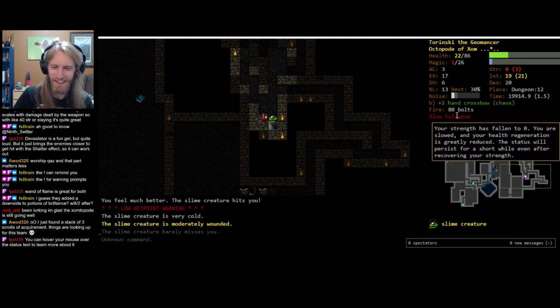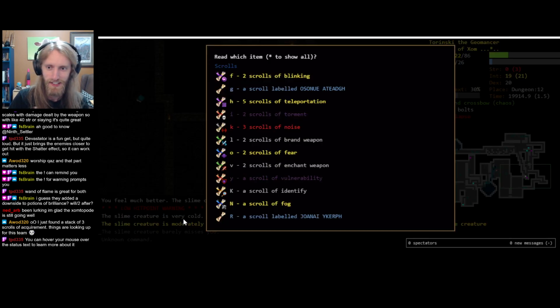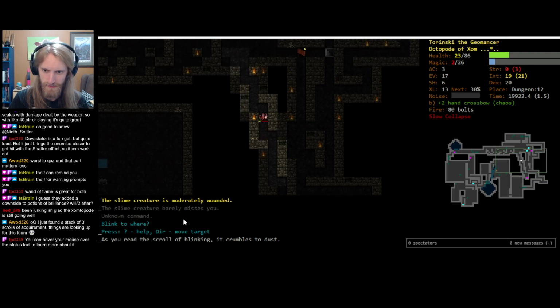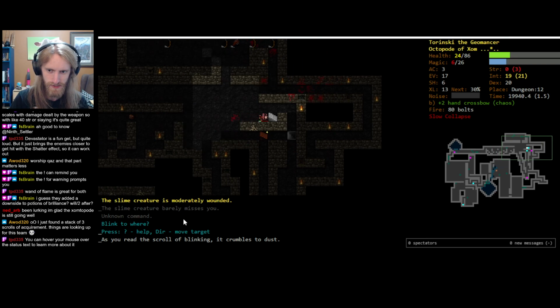Oh, me oh my. Zom, what an adventure you bring us on. Well, I'm going to read a scroll of blinking then, because we need to just get the heck out of here. If the slime starts to follow us, I'm reading a teleport scroll, but otherwise...